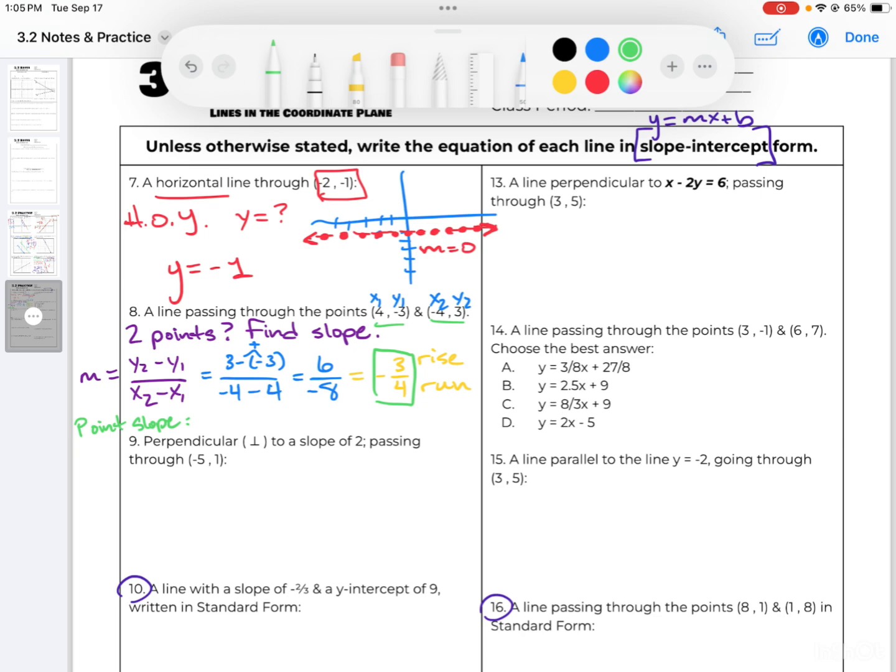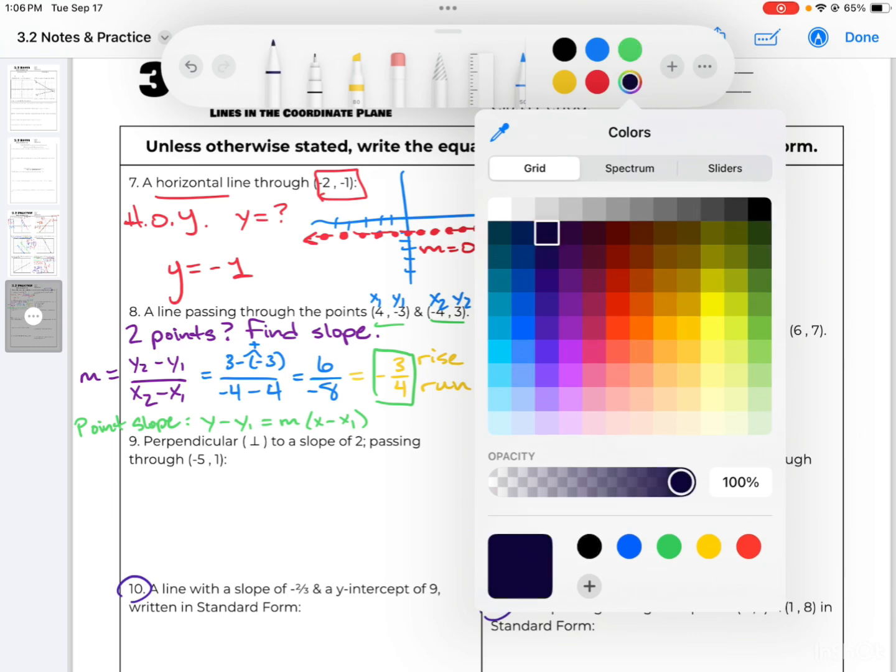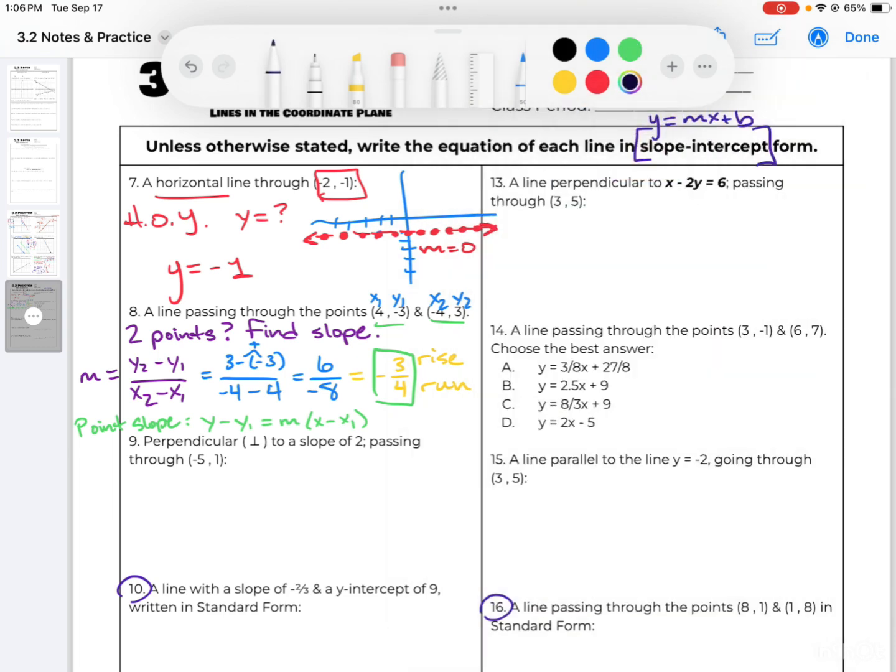Point-slope form. I may need some more room for this one, but point-slope form is y minus y1 equals m times x minus x1. So I've already got from my initial math here a number labeled as x1 and y1. So I'm going to plug those in to this equation, and I know the slope, so I'm going to plug it into the equation. So y1 up here was negative 3. My slope is 3 over 4, and x1 from the same point is 4. So I'm going to distribute,